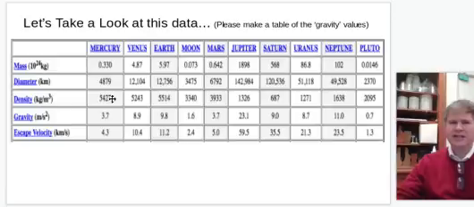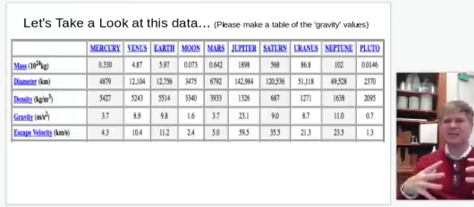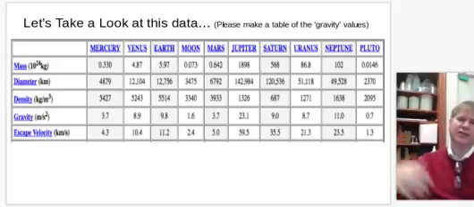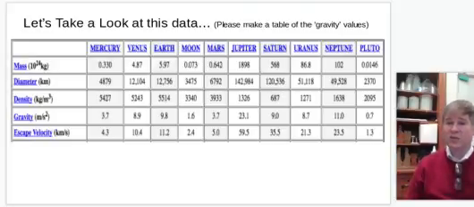And so if we look at the density of these, is there a planet that would actually sink, or would all of these float? Mercury, Venus, Earth, Moon, Mars, even Jupiter would sink. It would sink, even though it's a gas giant. It's super condensed. Overall, it still has a density that's greater than 1,000, so it would actually sink. However, Saturn, even though it is also a gas giant, would actually float because it has a density less than that 1,000 of water.